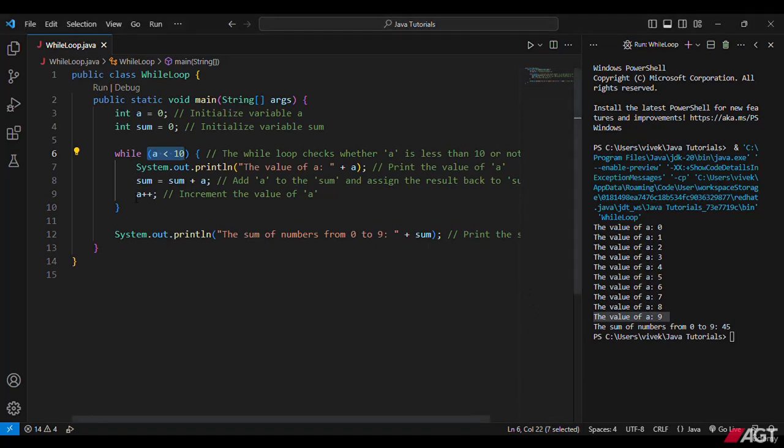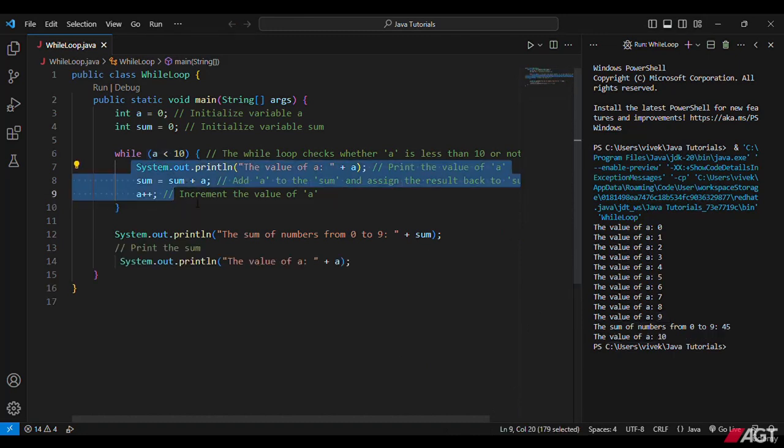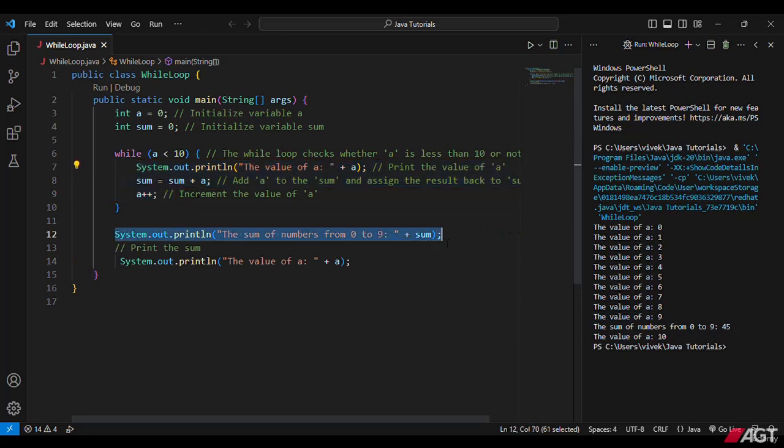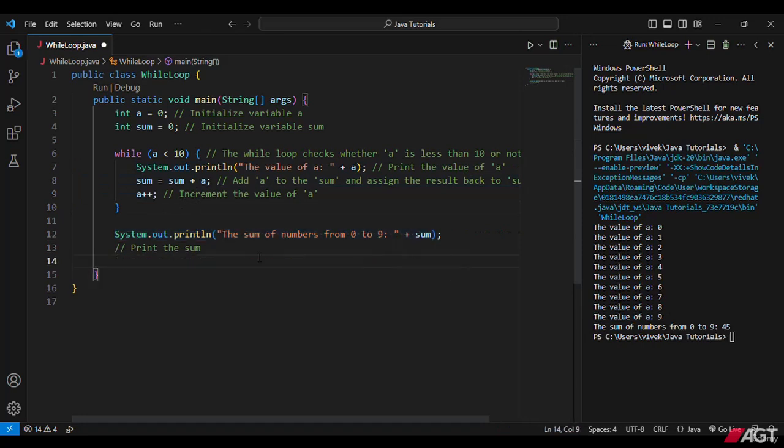When the condition is false, the control cannot go into the while block, within the while statements. What are the statements we have written within the curly braces? The control comes out and prints the sum of the numbers from 0 to 9 with the concatenation of sum. So that's why if we print the value of